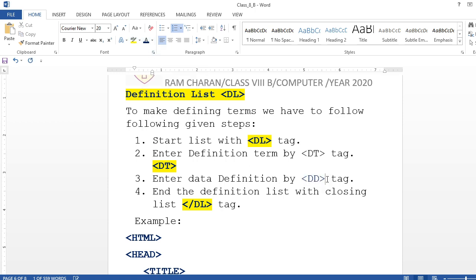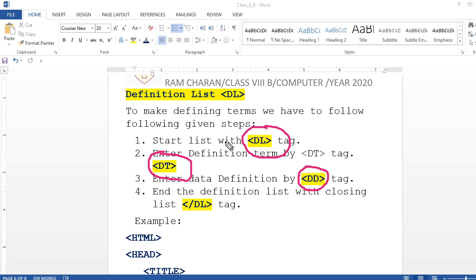Let me mark that so it will be visible to you. Okay, now it is approximately the same. So we have this definition list. Inside that we are going to have a data term, and then we are going to have a data definition. Three things are there, understand?